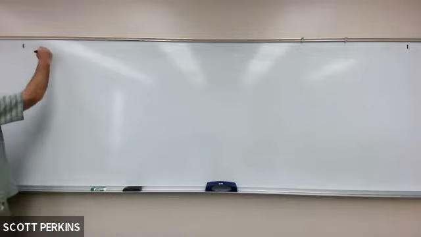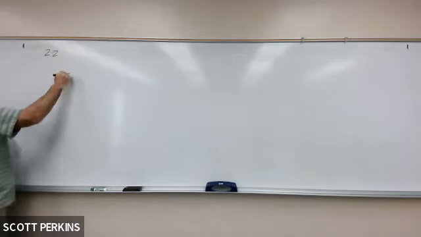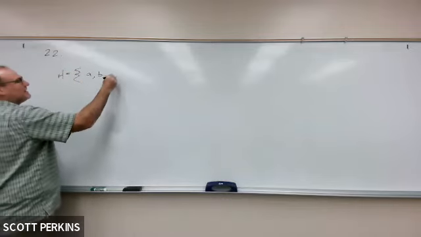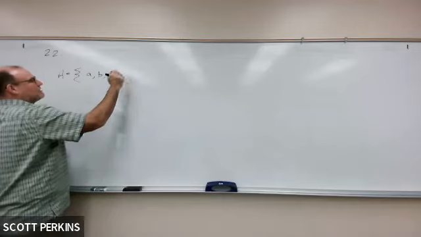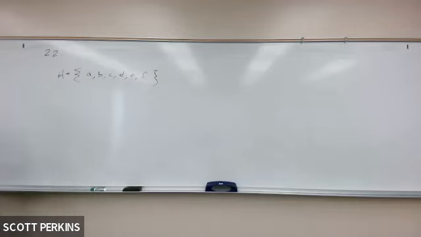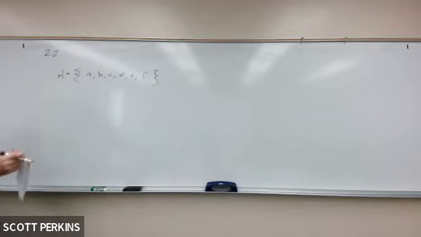So you see at the top of the page, I have defined a set for you. It's just a nice, simple, relaxed set. It's got 6 things in it, A, B, C, D, E, F. You don't need to write this down because it's already on your page, but I'm writing it down so that everybody can see it. What we're going to talk about now that we know what sets are in section 2